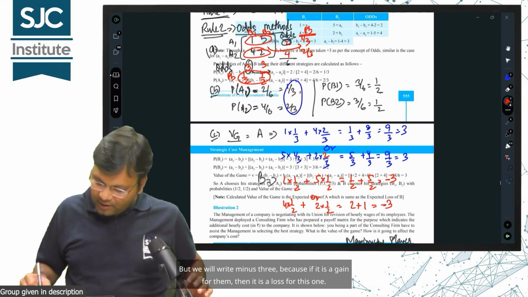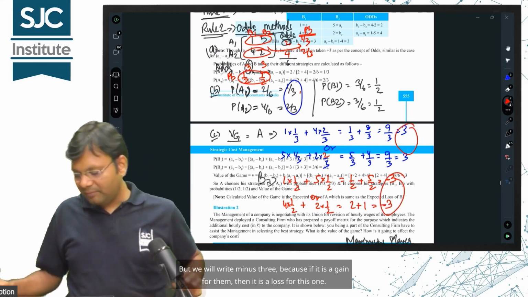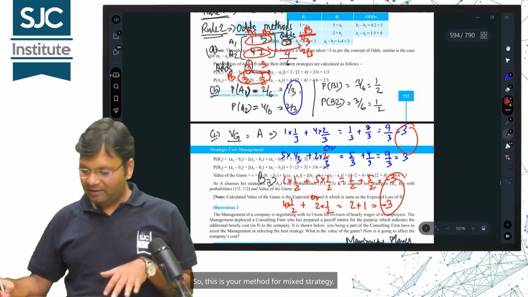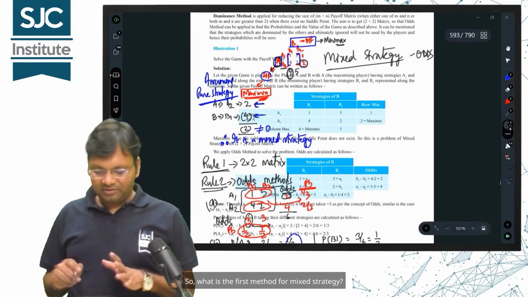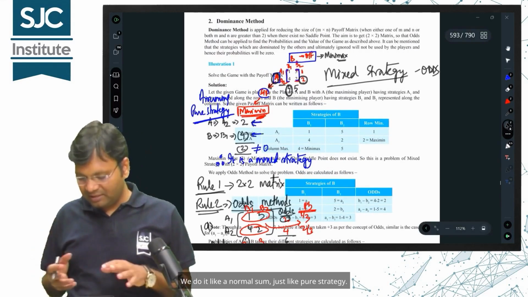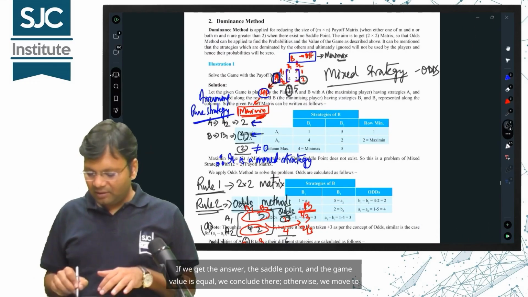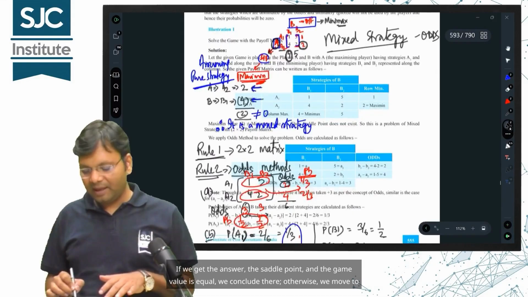But we will write minus 3 because if it is a gain for them, then it is a loss for this one. So this is your method for mixed strategy. So what is the first method for mixed strategy? We do it like a normal sum, just like pure strategy. If we get the answer, the saddle point and the game value is equal, we conclude there, otherwise we move